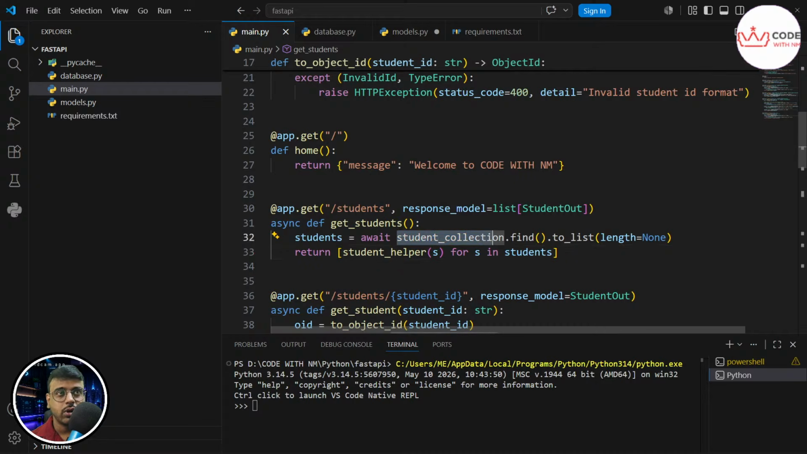The student_collection is nothing but our DB collections. How MongoDB works: MongoDB has a DB, meaning database. Inside the database we need to create our collections, and then inside collections we need to create the data. Once I jump onto MongoDB, I will explain this collection. Just understand, this is inside MongoDB. From there we are asking MongoDB to find, to list, and length equals None, meaning nothing but the students. We are asking MongoDB to get all the students